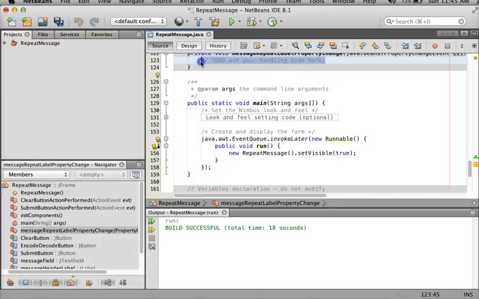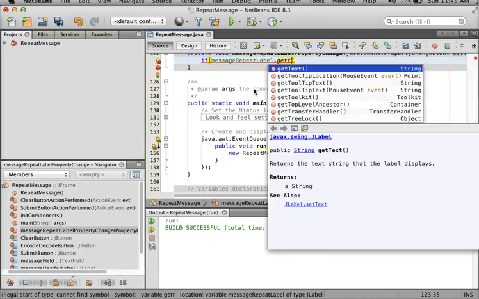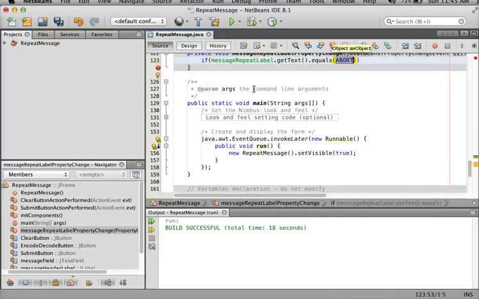So now what we're going to do is delete the to-do comment. I wish that wasn't even there. And I'm going to type if message repeat label, and if the text, we're going to get the text. So I'll type get text, which is just going to get what's in here right now. And I'm going to type equals. If you might be familiar with the double equals, normally I do like double equals to see if it's the same, but this dot equals is actually better than typing the double equals if you want to see if something is equal to something,